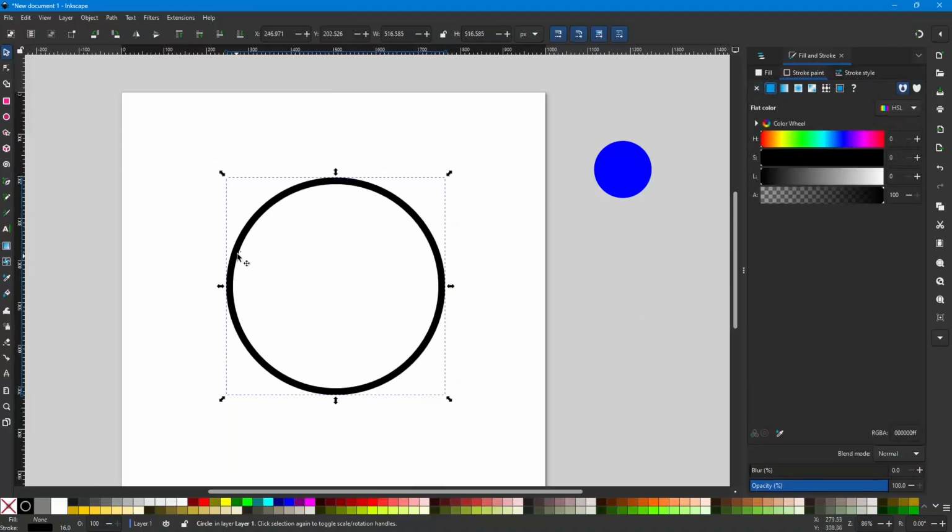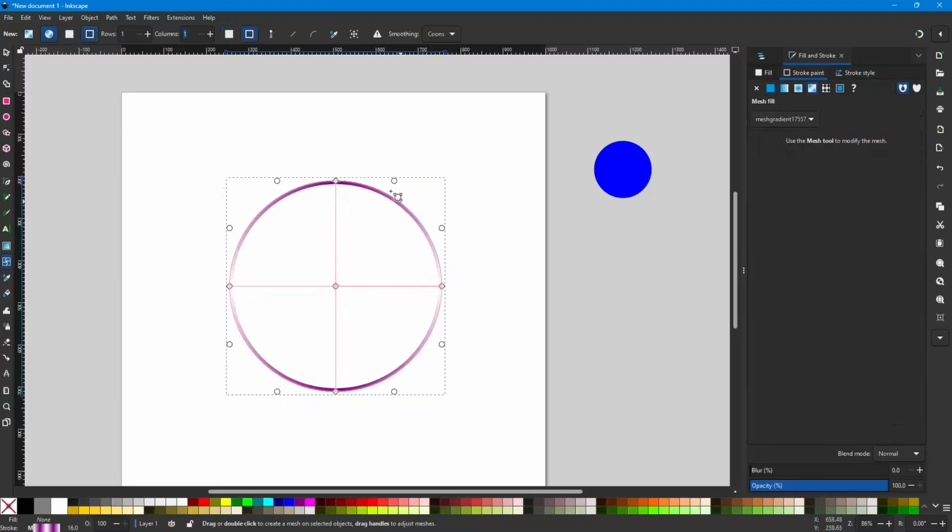Now we have the stroke set, and we can put the mesh on the stroke by coming up here and changing it to stroke, then double clicking on the stroke, and now we have our nodes for the stroke. And again, it works the same way. You can, although you're not probably going to be able to see it, but you get the idea. You can do some pretty creative stuff here just by,